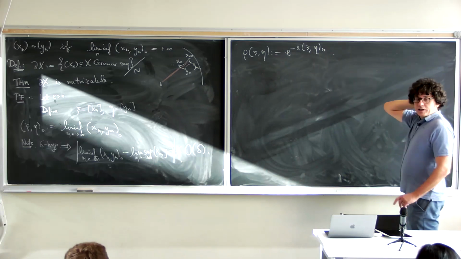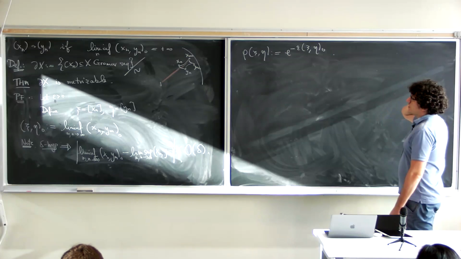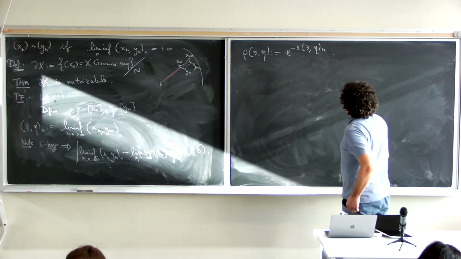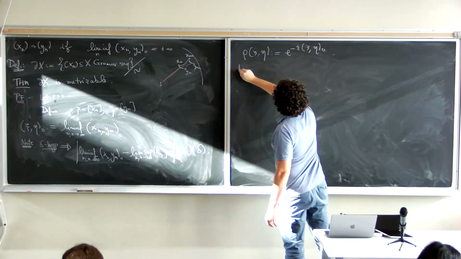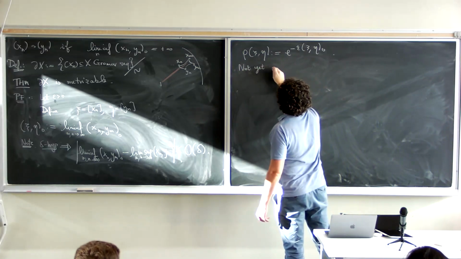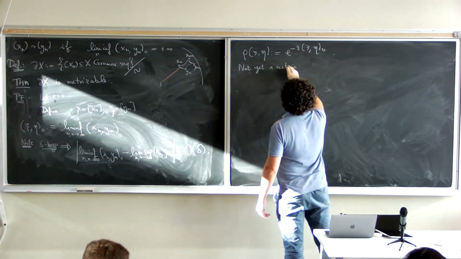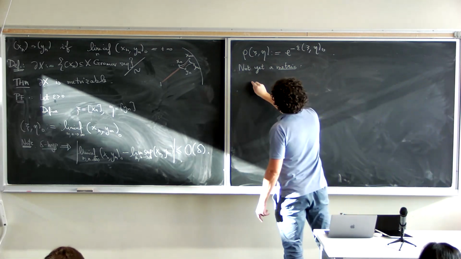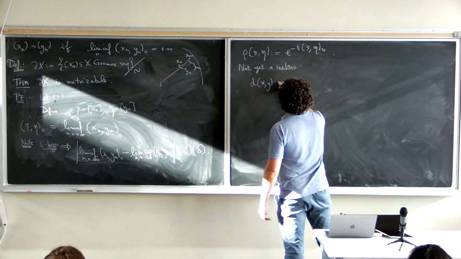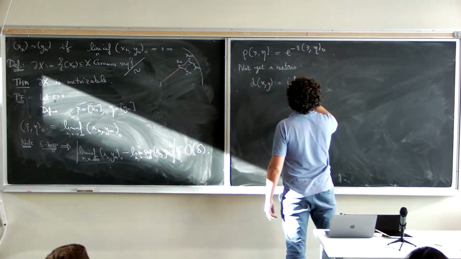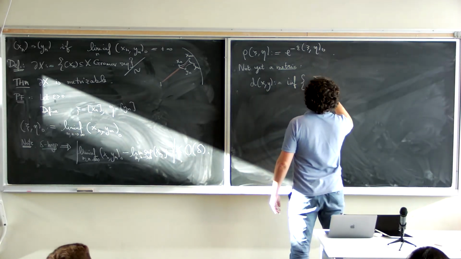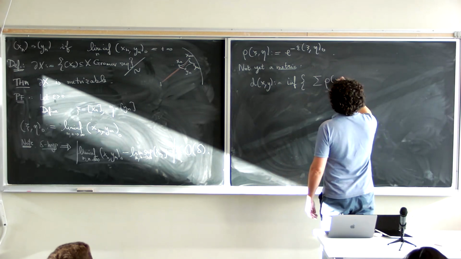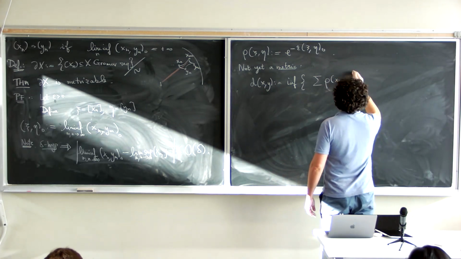And this is not quite a metric. This is the kind of annoying thing. Because delta creates slight errors, it's not yet a metric. It does not satisfy the triangle inequality. But you define it so that it does. So you define d(x,y) to be the infimum of the sum of rho(x_i, x_{i+1})